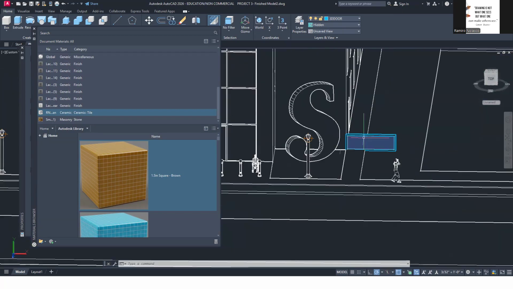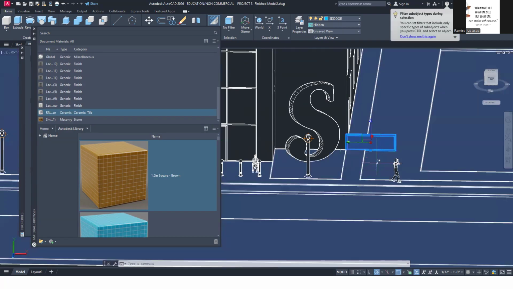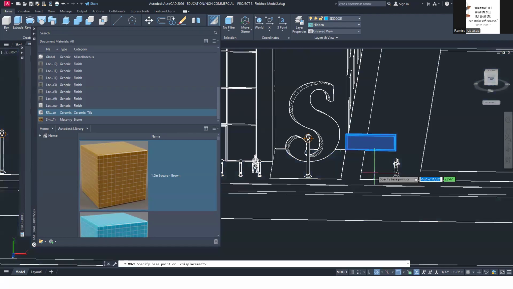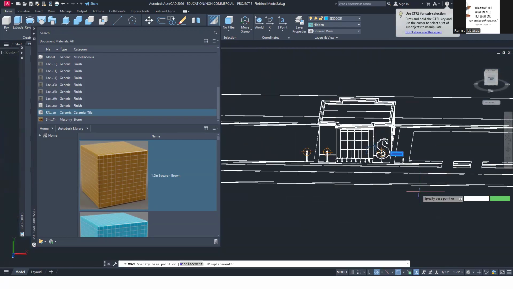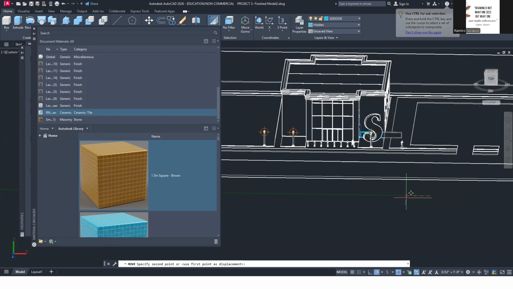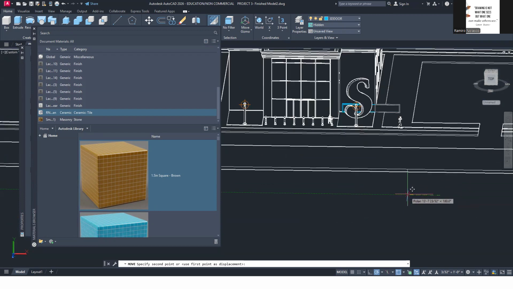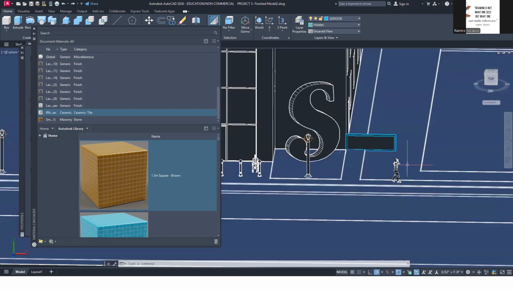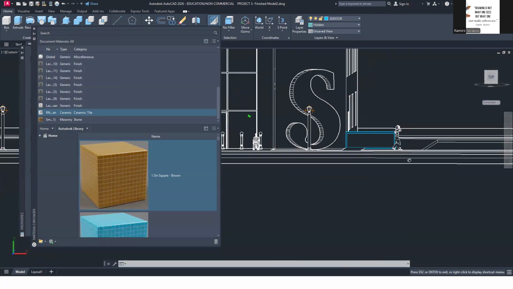But yeah, maybe I'll just say move. Move. Yeah, sometimes it's easier than the gizmo, right? So move from here. Okay, I'll just eyeball it a little bit. Somewhere here. Ah, it didn't go together. So let's see.